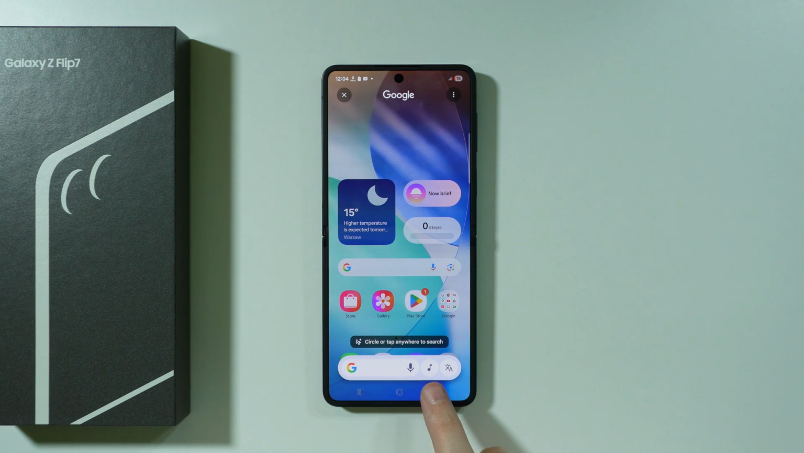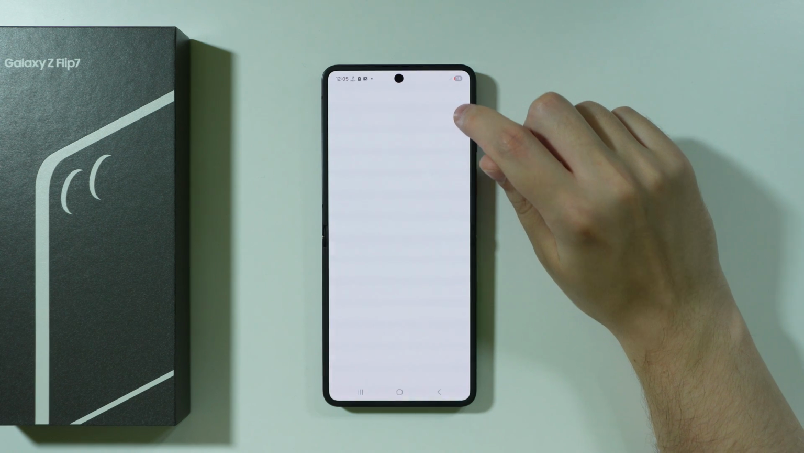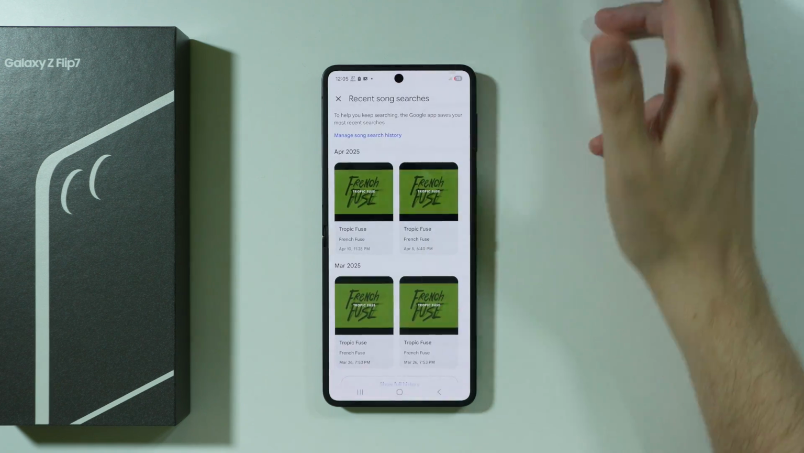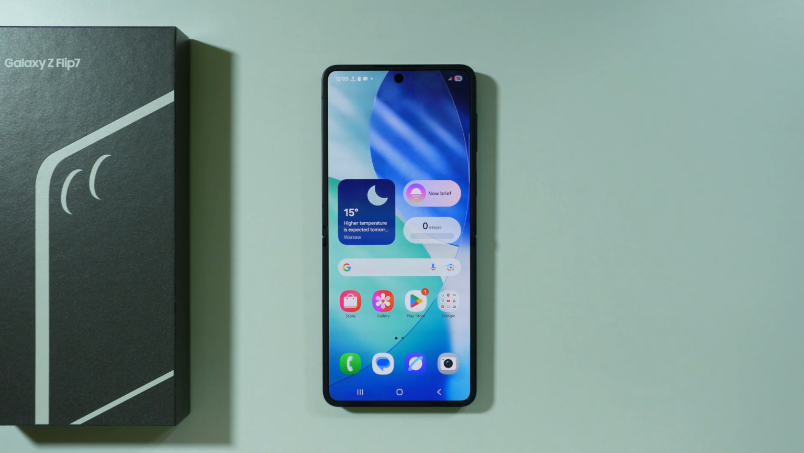icon over here with this music note. So we can tap over here, and now we can play, sing, or hum a song in order to let Google try to recognize our song. And of course, we can tap over here in the top right corner on this icon in order to find recent song searches. So if the song is recognized, you will open Google search results with the title of the